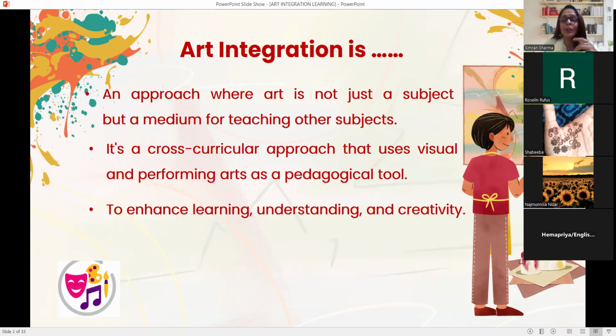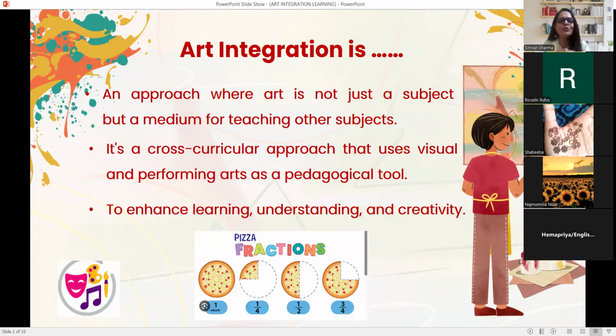So, how are you going to start the topic? How are you going to introduce the topic? Rather, what if you draw a beautiful pizza on the board? Looking at the pizza, you got their attention. Oh, is ma'am going to talk about pizza today? Why is this pizza drawn on the board? So if you draw something which attracts them and they like to eat, you get their attention.